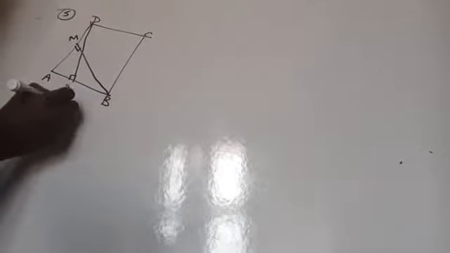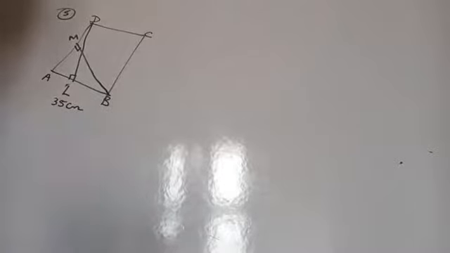Good morning to everybody. So we are doing this exercise 11.2. Look at the question number 5 now. In a parallelogram ABCD, DL and BM are the heights of the side AB and AD respectively. DL is the height of the side AB and BM is the height of the side AD respectively. It is given. So if the area of the parallelogram is given 1470 centimeter square and AB is 35 centimeter and AD is 49 centimeter.